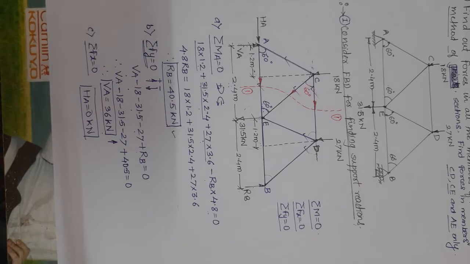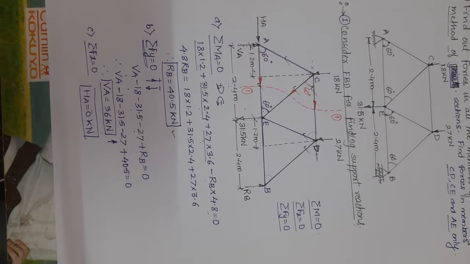Now when you are starting with the calculations, this method is also called the method of moments. In this method, you have to take moments of the points. You are allowed to take the moment 3 times, or we can have a combination of one moment and one Fx, Fy equation, that also is allowed. So now let us start the journey.